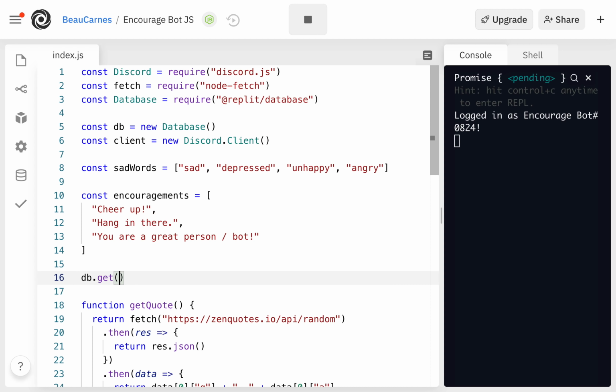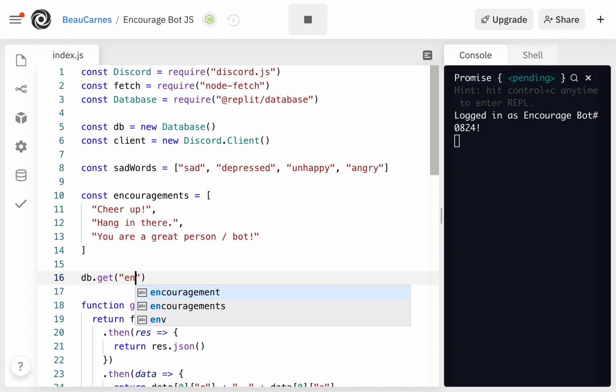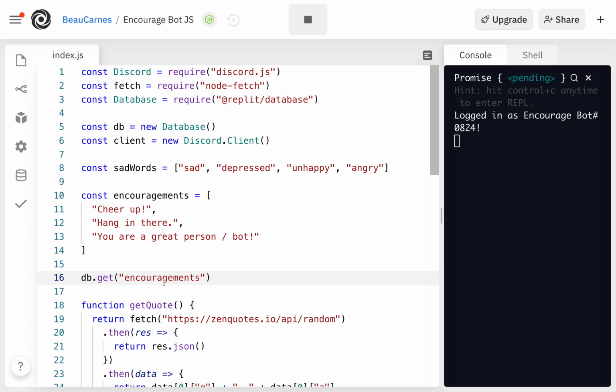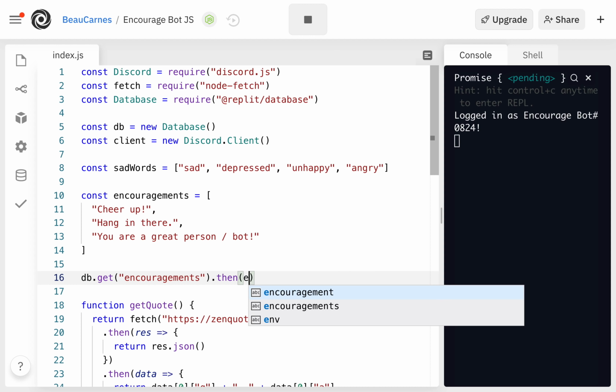db.get encouragements. So we're going to get the encouragements that are already in the database. If this is the first time this program runs, there won't be any in there. But if the program has run previously and there's already encouragements in the database, then it'll get the list of encouragements that are in the database. This is the key, these are key value pairs. So this is the key, and then we're going to get the value, which to start off with would be null. But after we get the encouragements, then we're going to take those encouragements,